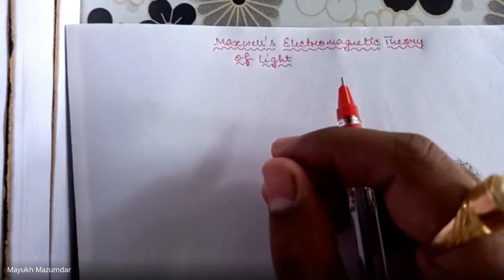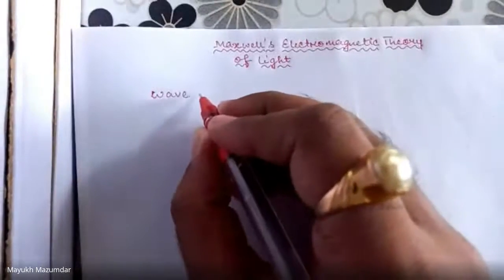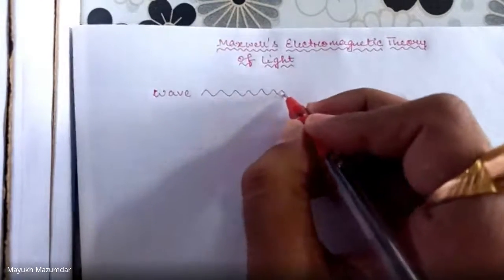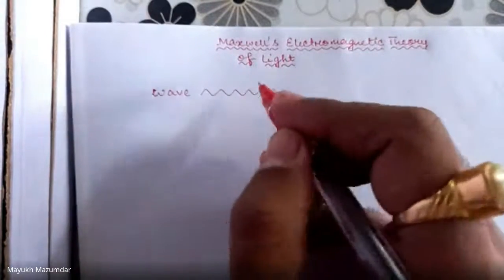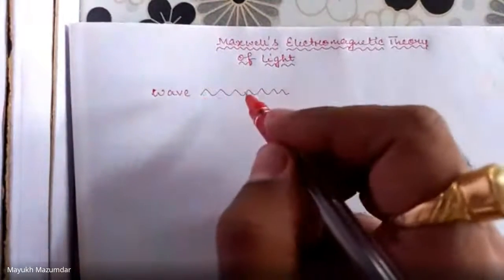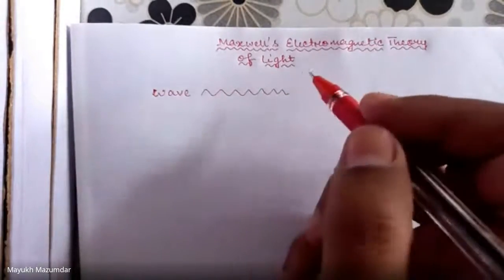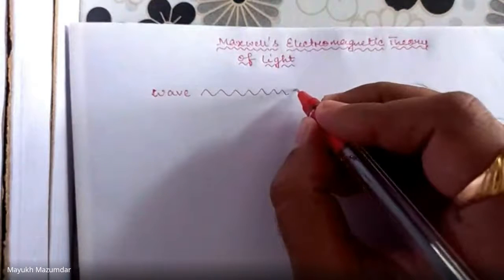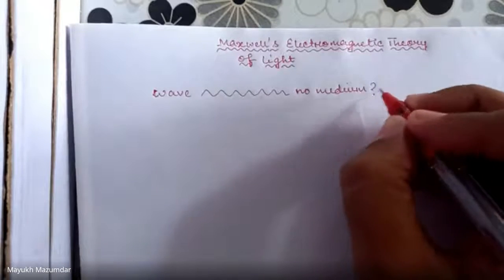Okay, now the question was that if light is a wave and light is traveling like this, I mean, this is the very common notation which people use for wave. Whenever we say wave, we just draw something like this. I haven't drawn it from any scientific perspective, just like this. So how can a wave travel with no medium, isn't it? How is light traveling without any medium? And this is true. Light is traveling without any medium